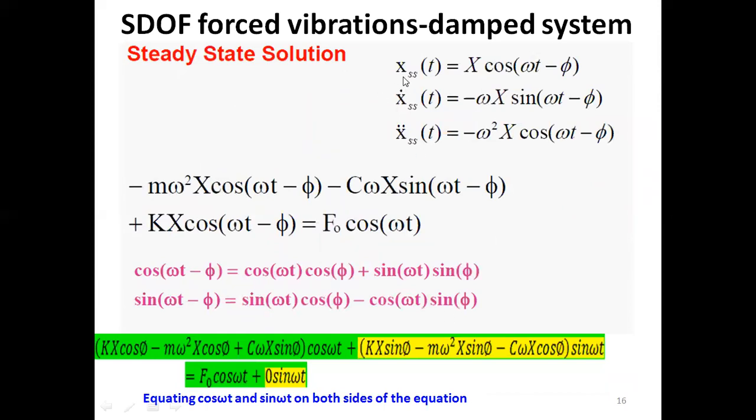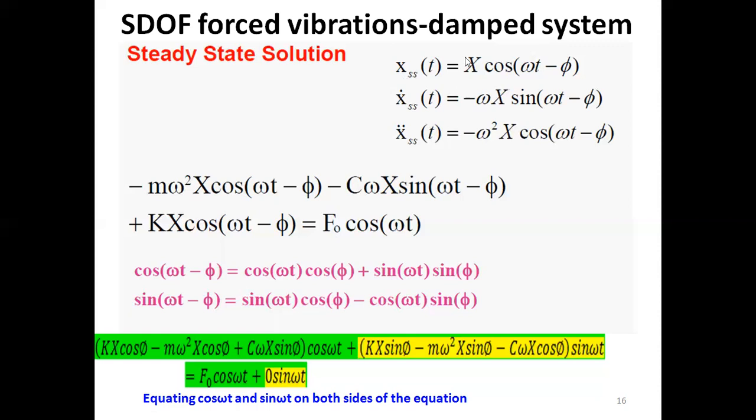So let's assume that the steady state response x_ss(t) is equal to capital X cos(ωt − φ). We are assuming, as we discussed, that if the force of excitation is sinusoidal, then we would predict that the response of the system would also be sinusoidal. So we are modeling based on the knowledge that the response of the system would also be